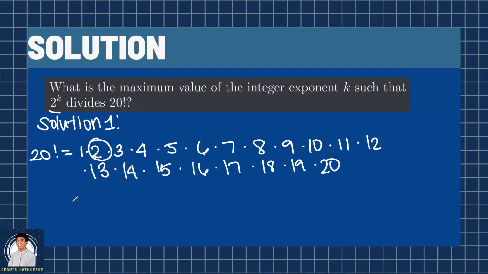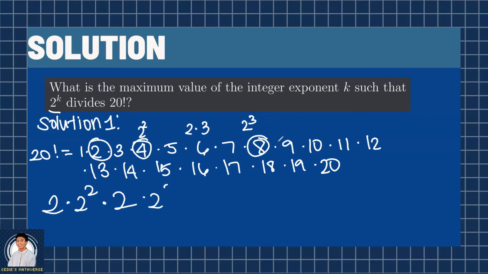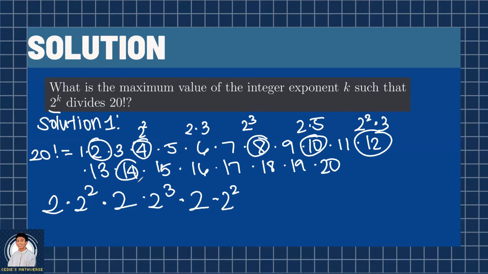For 2, we have 2. For 4, we have 2 squared. Since this is 2 squared itself, 6 is 2 times 3, so we get another 2. 8 is 2 cubed, so we get 2 cubed. 10 is 2 times 5, so we get another 2. Then, 12 is 2 squared times 3, so we get 2 squared. 14 is 2 times 7, so we get